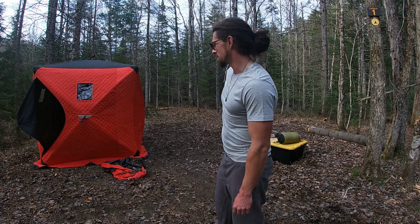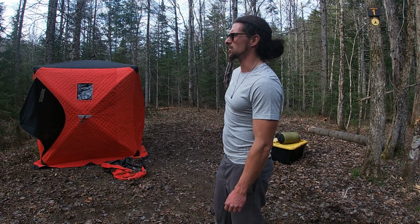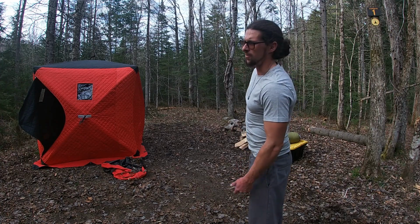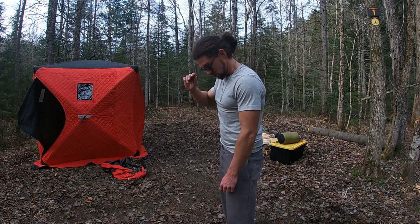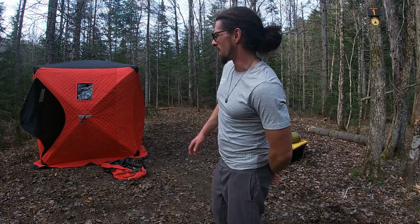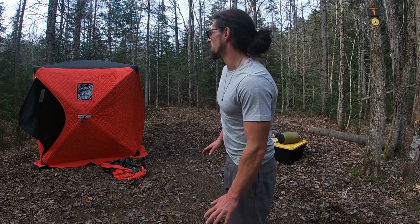So yeah, this shanty, I got it on sale on Amazon for $80. It was $80 flash sale I got it for. It's not an Eskimo, it's an off-brand, it's a Kaczynski. But it works great for ice fishing, and like I said, I've used it in the fall for just regular camping. So we're gonna use it again tonight, and you can fit a cot right in there if you want. I prefer the ground, but like I said, I'm just demonstrating to you how you can do a real budget